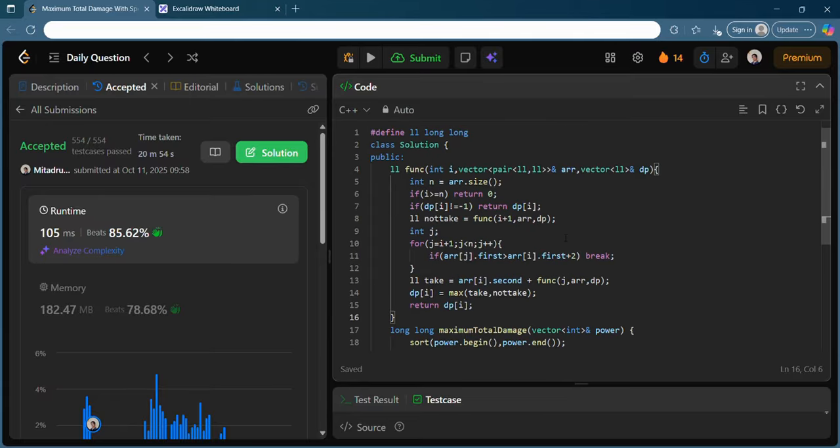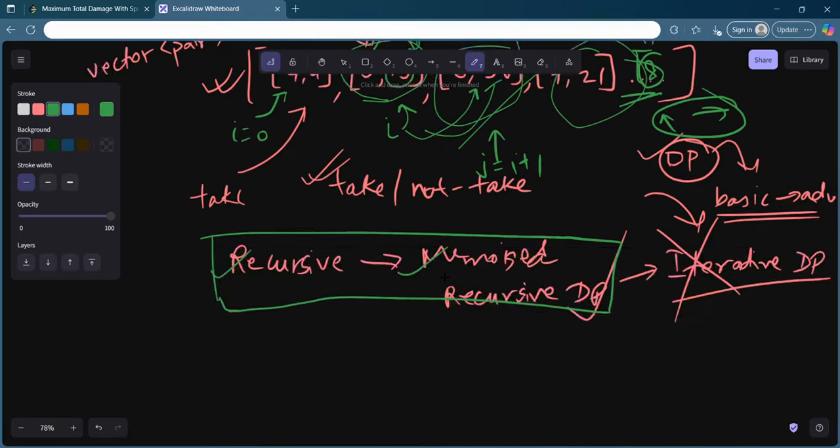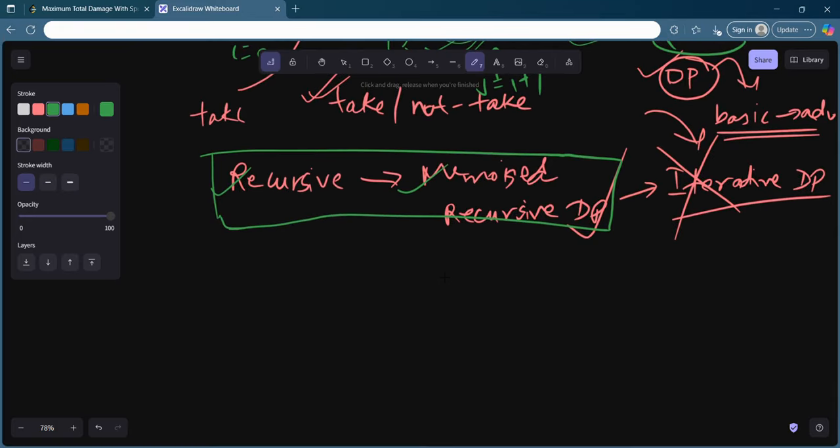So I hope the approaches are clear to you, both the recursive and recursive DP solution. I will give you the task to convert it into iterative DP. If you don't know how to convert it, just go to my DP playlist and watch the first few videos. There I have explained in detail how you can convert a recursive solution to an iterative solution.